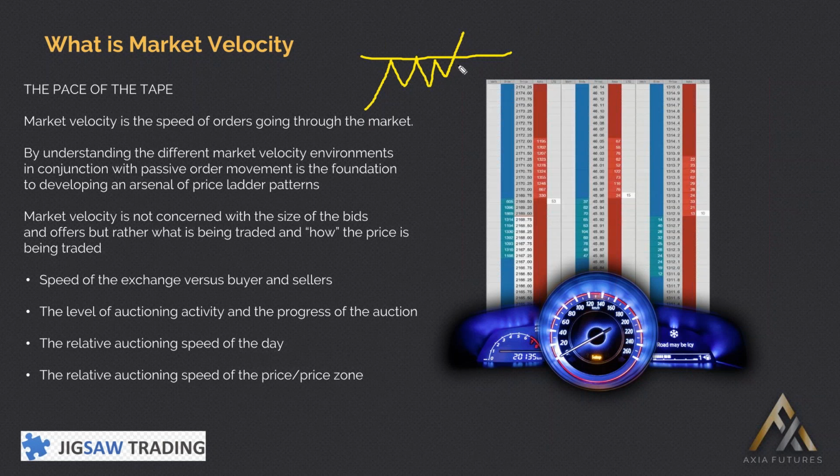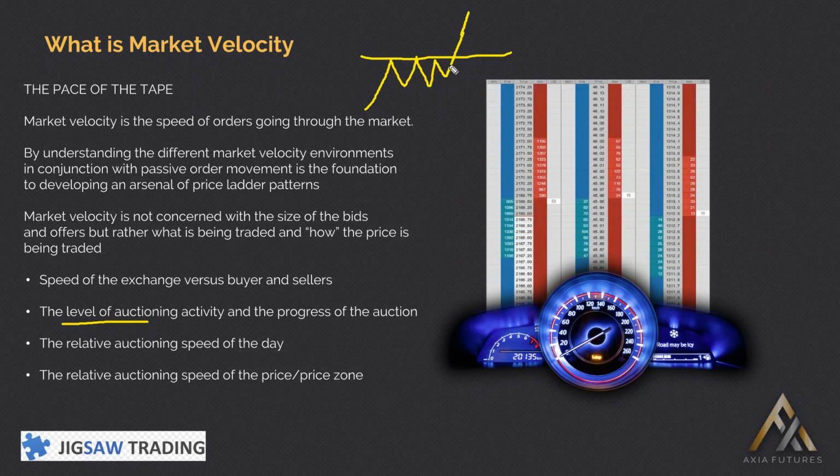Now from a price ladder perspective, what's really critical and important for this market to continue handsomely towards the upside is the level of auction activity and the progress of the auction. You really want to see a high level of auctioning. And what that means is that every price that it trades, in this instance up, you're auctioning the price,